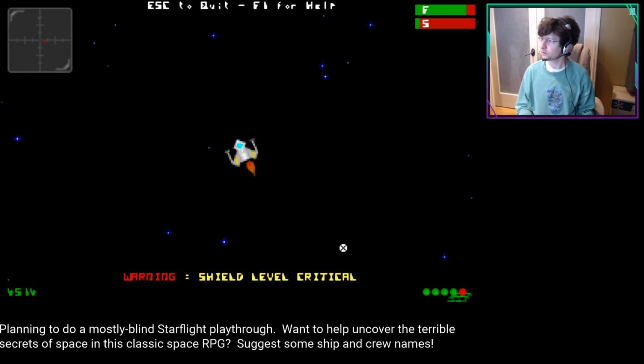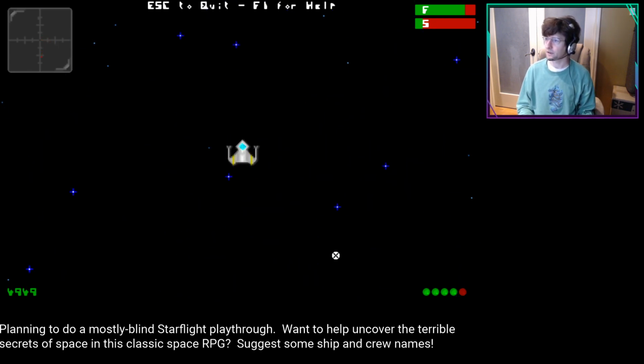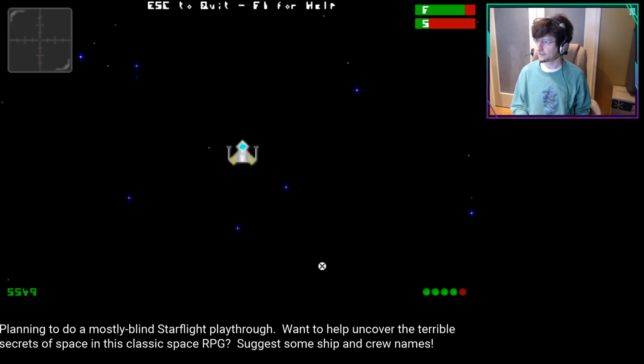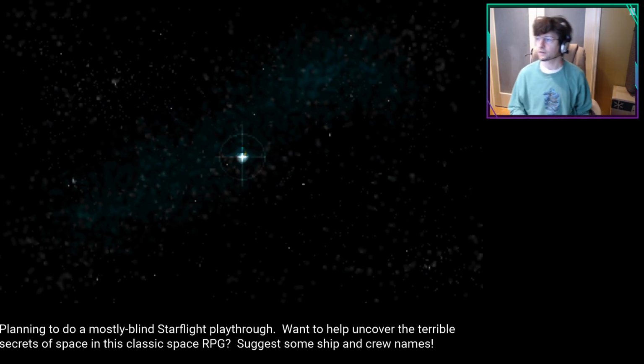Which could, ooh, Shield level critical. I was trying to juke them the other way, but they just fired straight ahead, which did not work out for what I was trying to do. So we'll fly around and recharge our shields. Or I could try to, like, do that. Hey, that worked. I guess I can shoot them from further away than they're willing to shoot me. So, okay, I'll just do that. Shields are full now anyway, so...